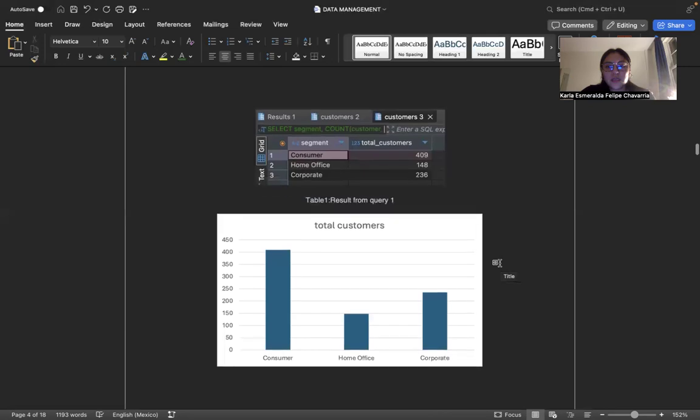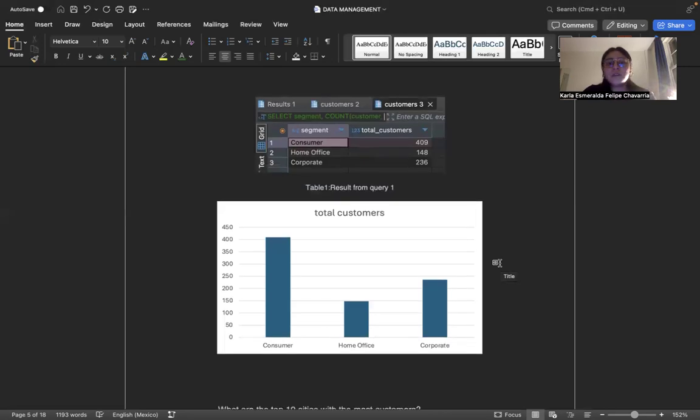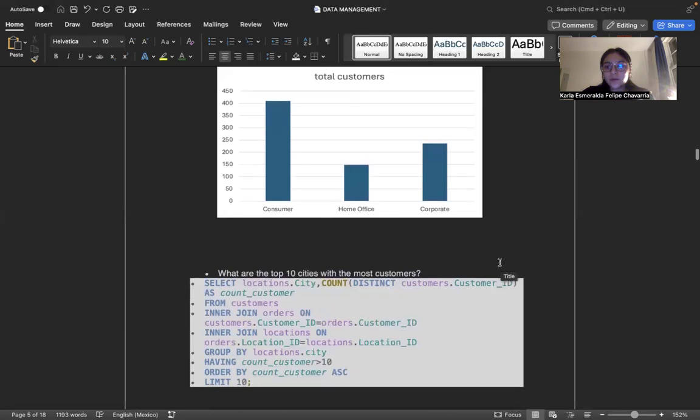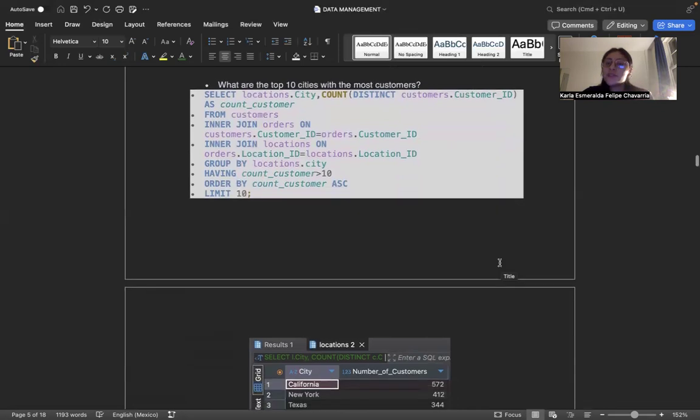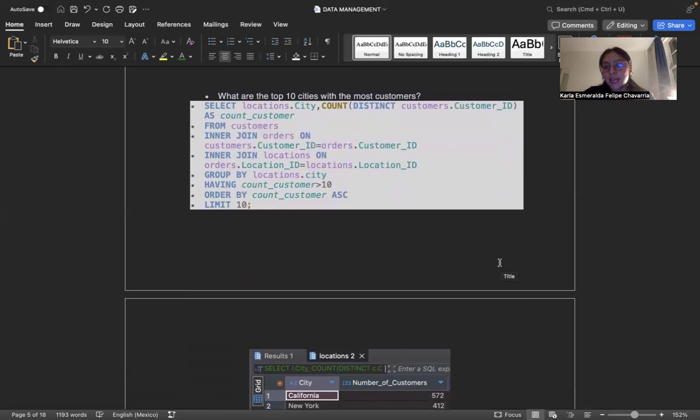This is a table of the result of the query, where you can see that the consumer segment has more customers, and the one that had fewer was home office, along with the graph of this result. Then we go to the second one, which is the top cities with the most customers. Again, we are only looking for the count of the customers, nothing related to addition or anything like that, because